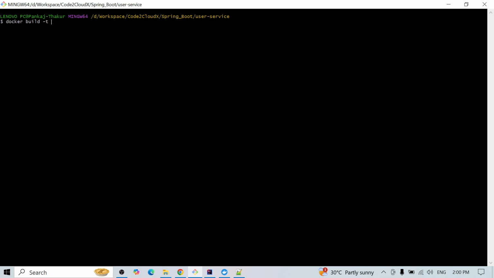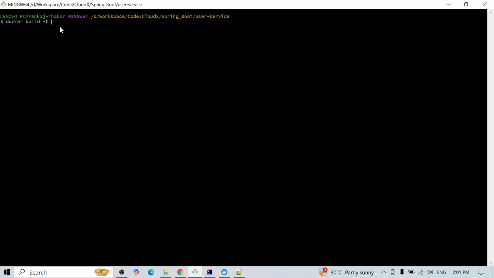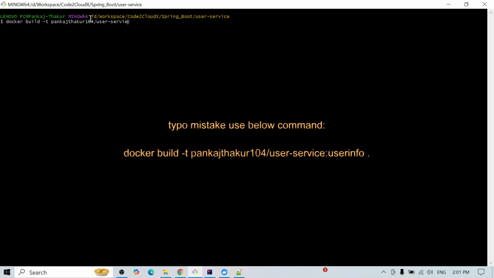After that, we will pass the Docker Hub username. So what is the Docker Hub username? Pankaj Thakur 104. In your case, you have to copy your Docker Hub username, simply paste the Docker Hub username, slash, image name. You can give the image name user service,